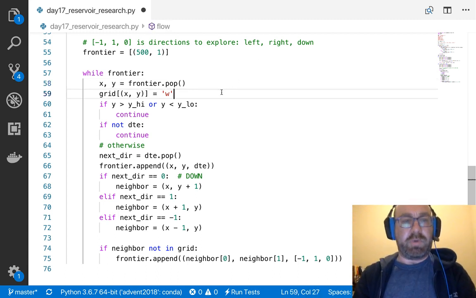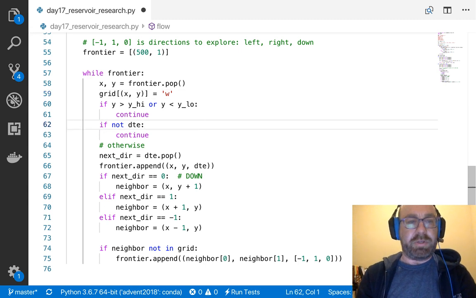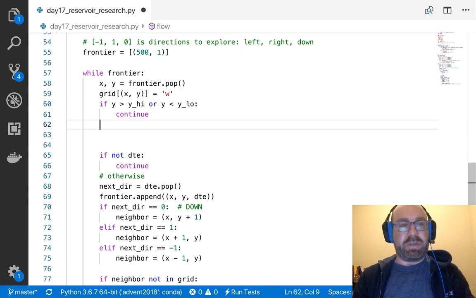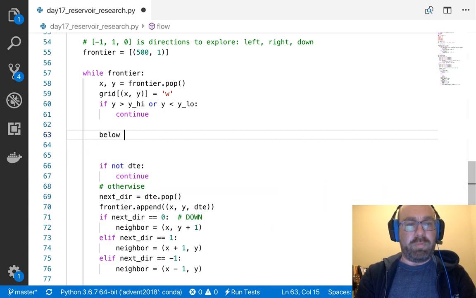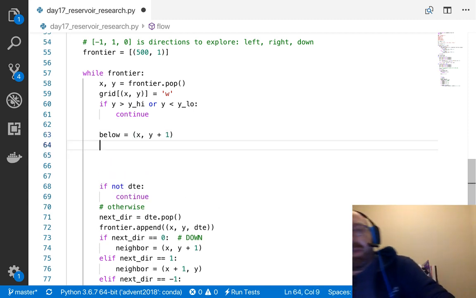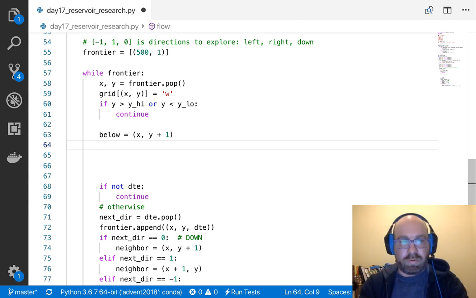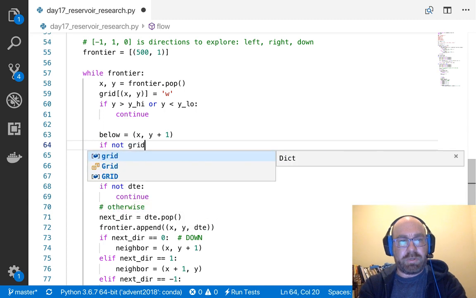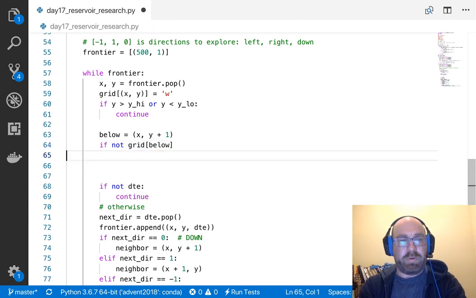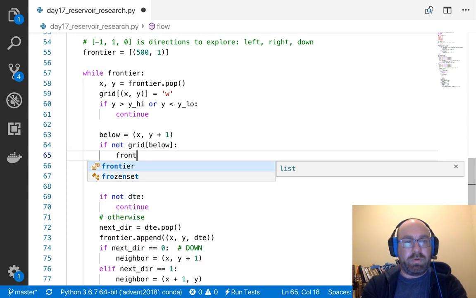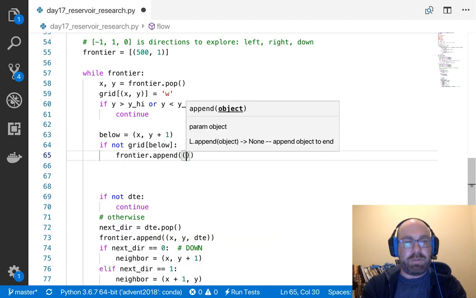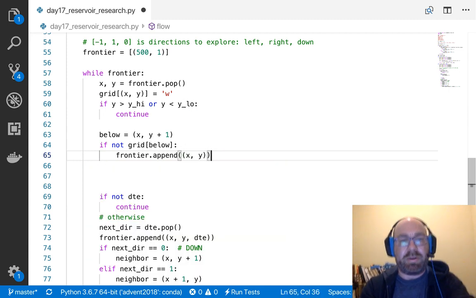So the grid xy is water. If that's out of bounds, continue. And so let's think about this. So below equals xy plus 1. Okay, and so if not grid below, then what I want to do is I want to do the following. Frontier dot append xy. So I'll push this guy back on the frontier,